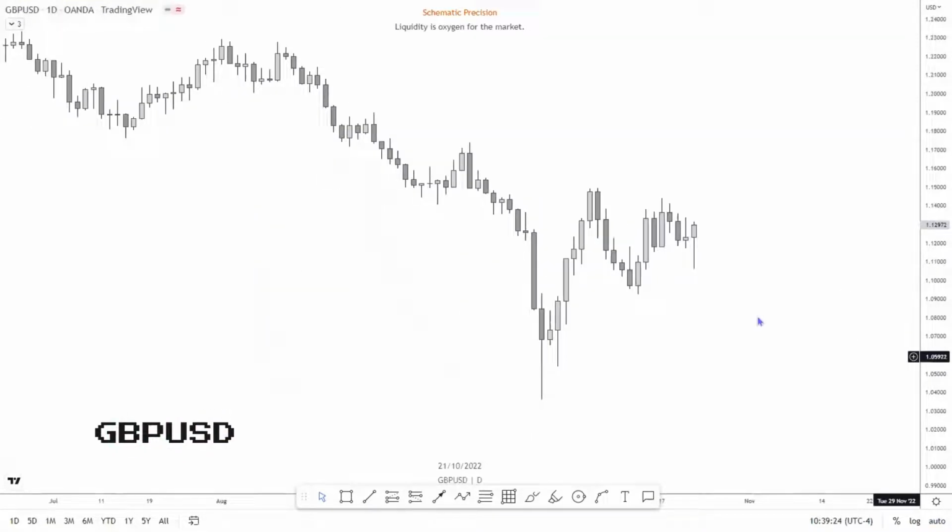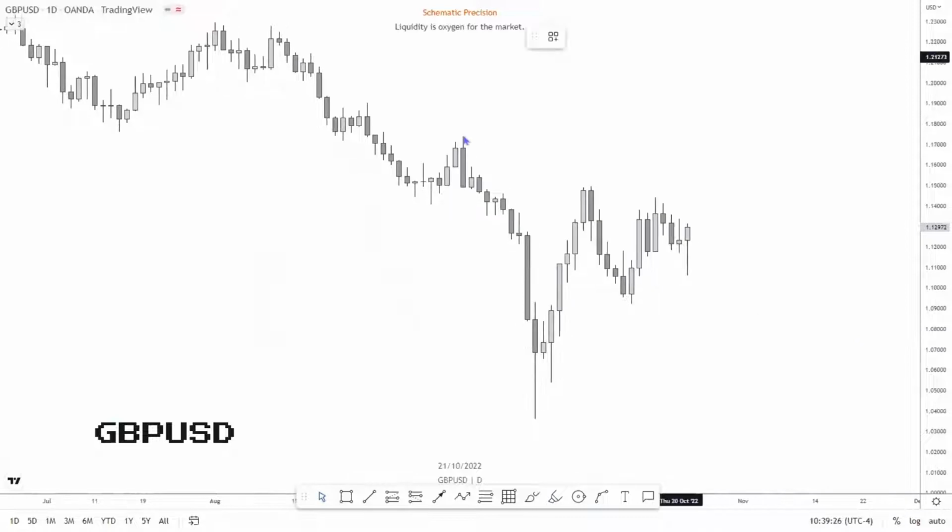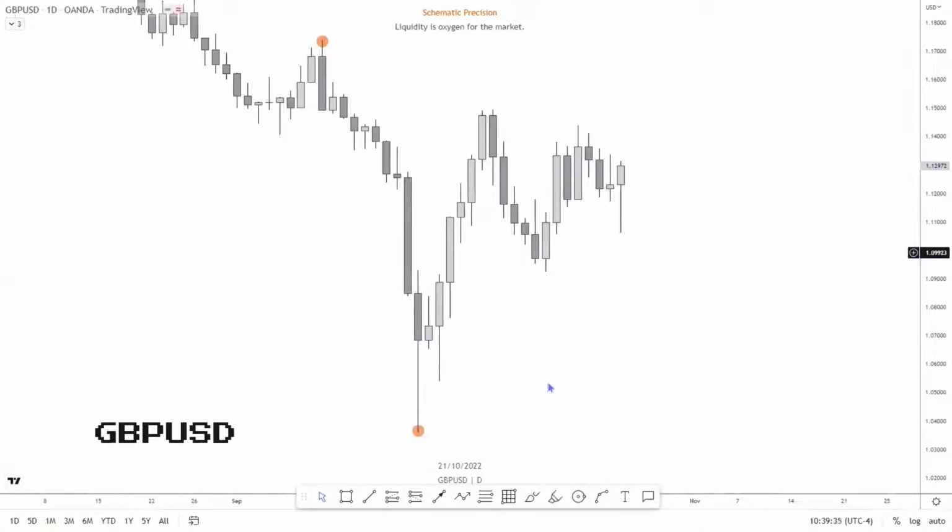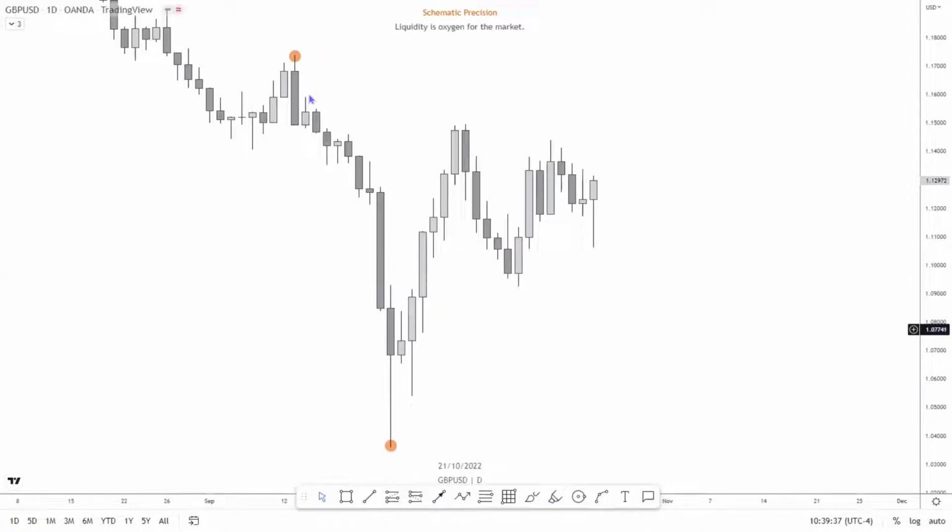So same thing here as I talked about last week. This is our last structure. I'm not going behind it because I have talked about the previous market structure in the previous video. So this was the whole structure here, and what the market has been doing is